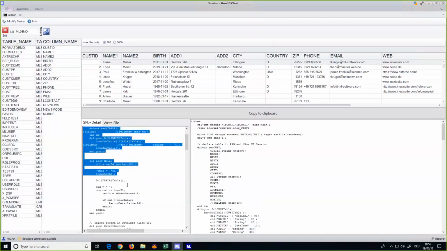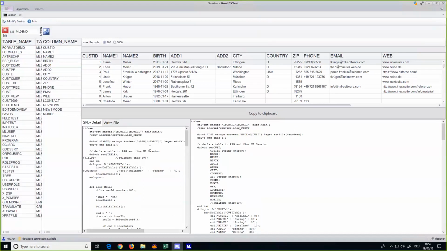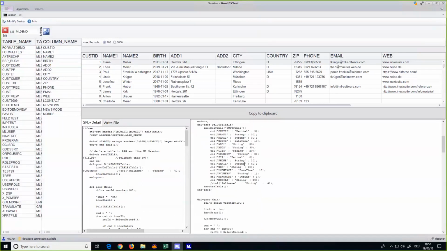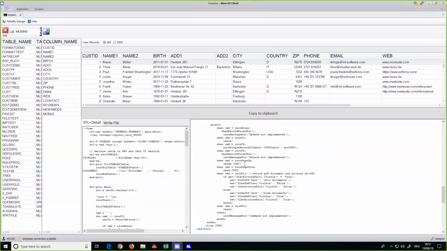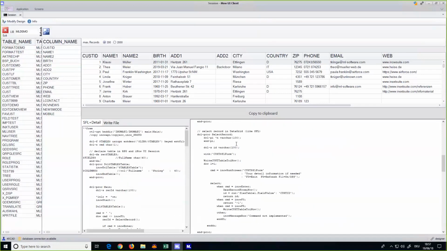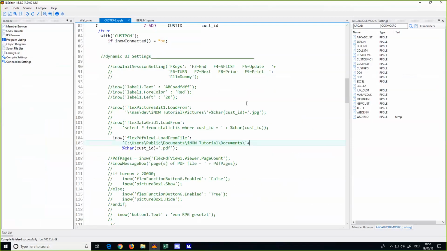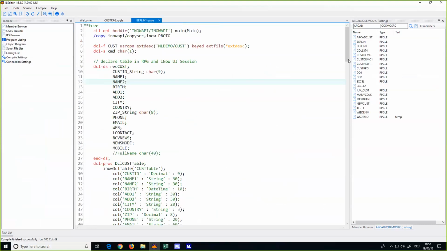You can change them by yourself. You can create new templates. In that case, it's a template of a subfile plus a detail form. And then here you have the new source code. And if you load and compile that source code in any RPG program, you see